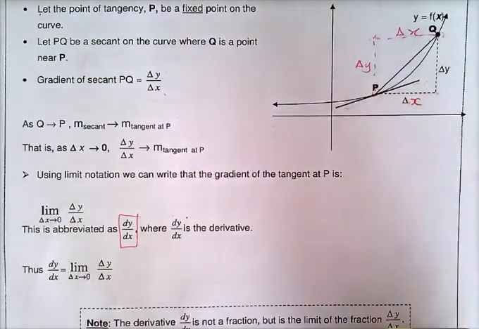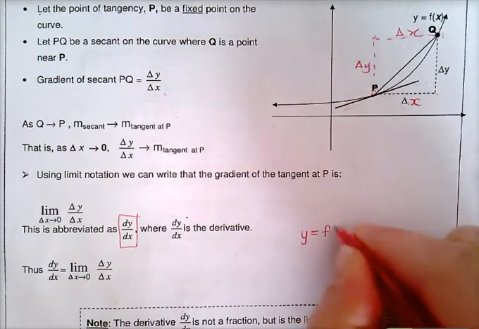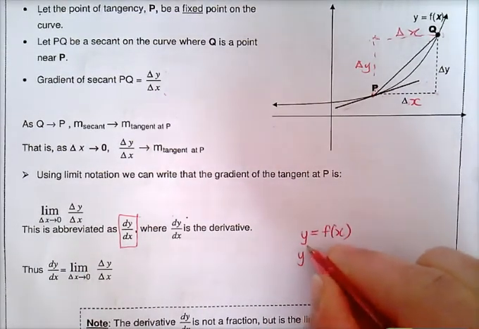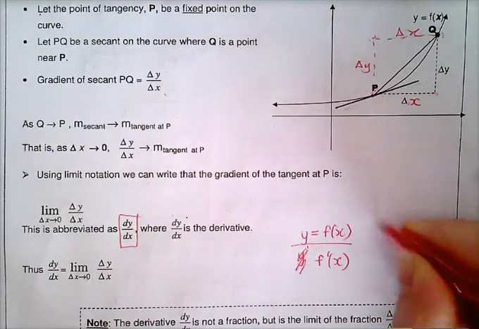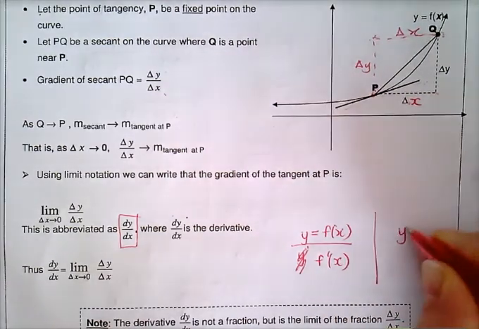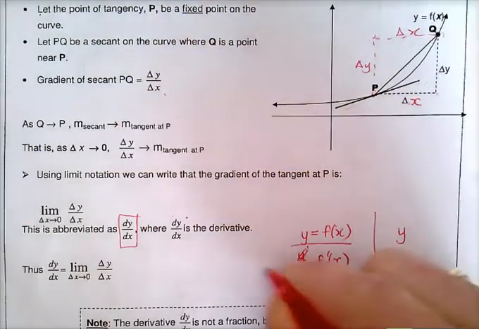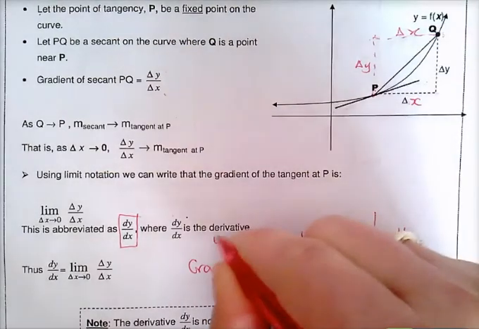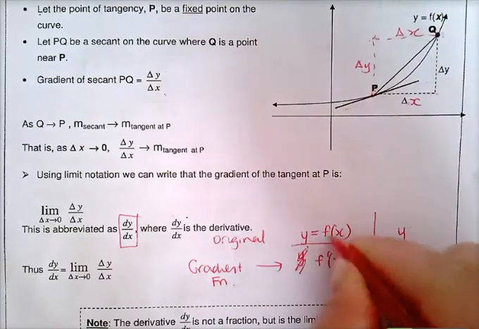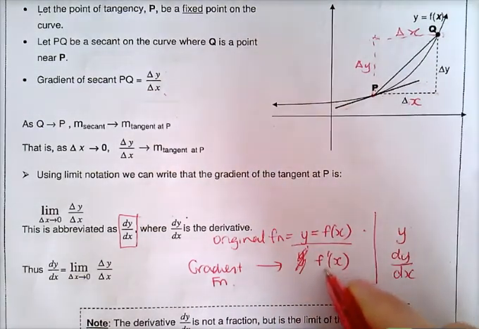So when you're working out the gradient function, you know how we've got y equals function of x, and before I was just telling you that's the normal function and that the gradient function is f dashed x. Well, if your original function is y, that's your original function, and these are the gradient functions. So your original function would be y equals f(x), and then the gradient function would be